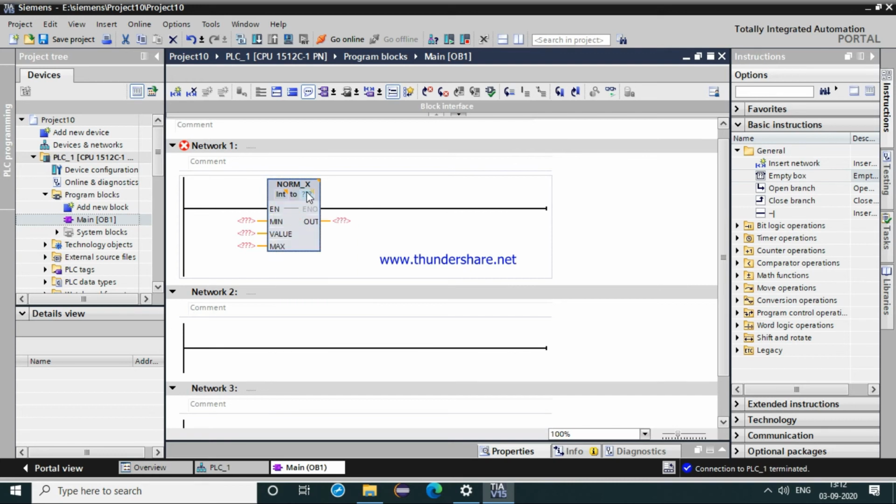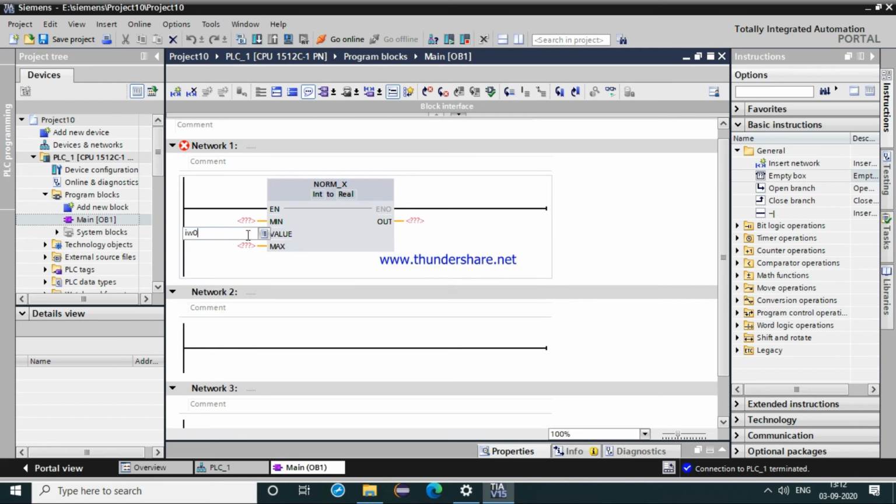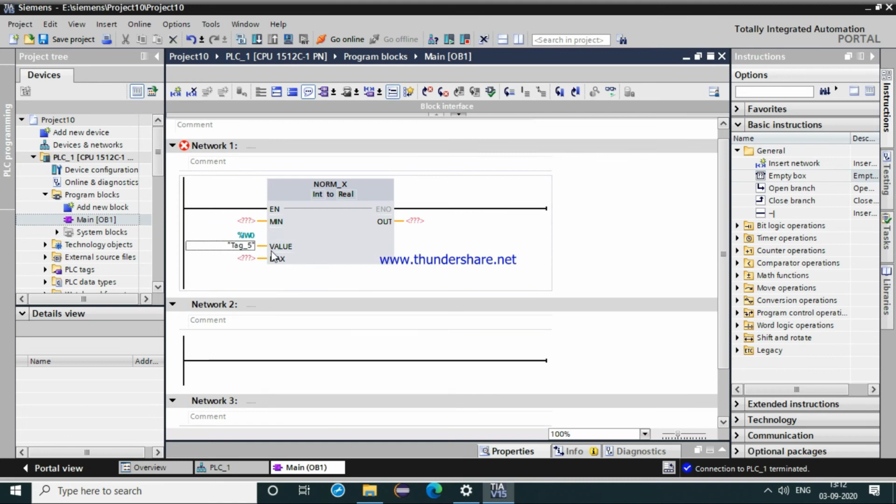We'll select what type we want our value to be converted from and to, that is from integer to real, with the minimum value of integer. The value that we will be varying, analog meaning the value which we can vary, is our IW0, the tag we had given.